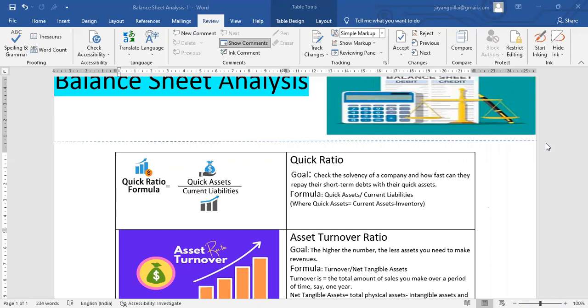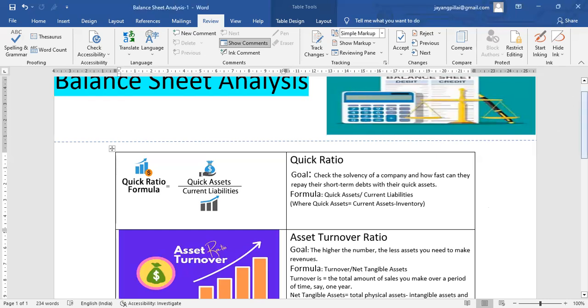By analyzing a company's balance sheet, we can get valuable insights into its financial health, such as liquidity position, operational efficiency, and profitability situation also. In this video, we are exploring some of the important financial ratios and what they are telling us about the company's financial conditions. Now let's go to the document and analyze